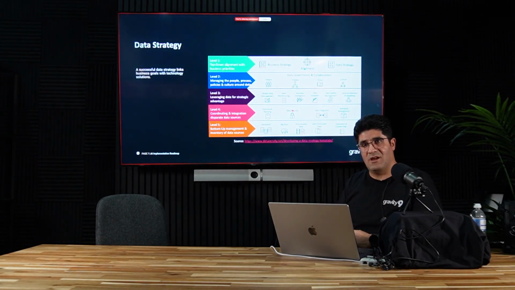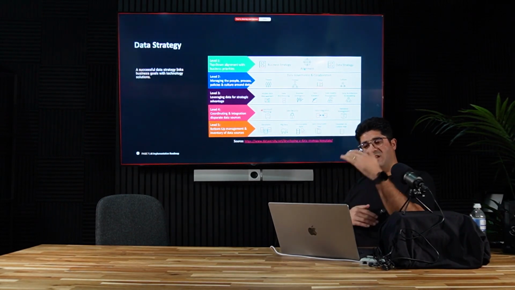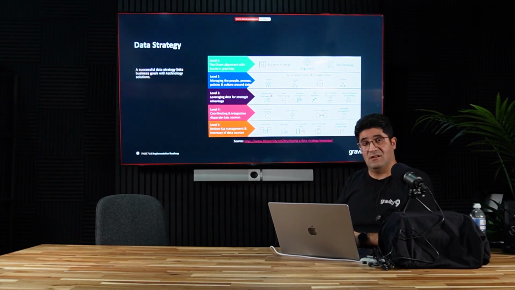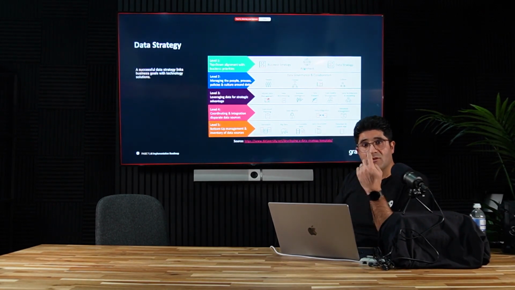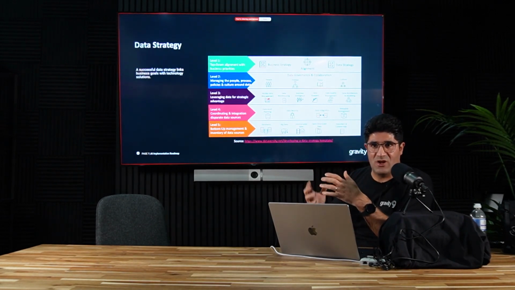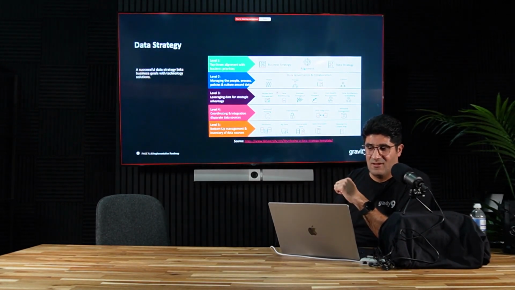We need to have a plan about the security, how to integrate those data together, and what kind of metadata we need to consider. And then on top of that, we have using the data for strategic advantages. So we need to have a master data management plan to understand how we try to manage our data assets.